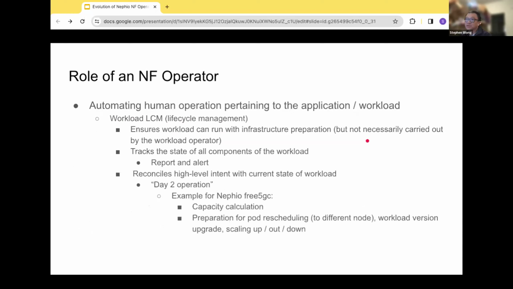That is the core principle from when the CoreOS people started the operator pattern. Pertaining to network functions, that means we have to make sure the infrastructure is ready. It doesn't necessarily mean the network function operator does the infrastructure preparation, because it probably wouldn't be able to do it anyway. The infrastructure belongs to an infrastructure provider or infrastructure owners.